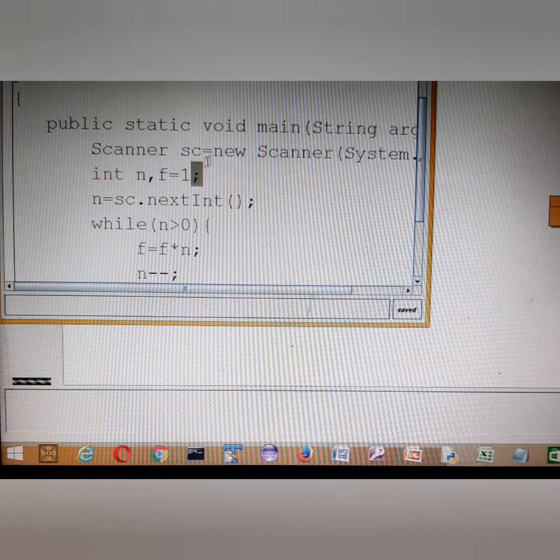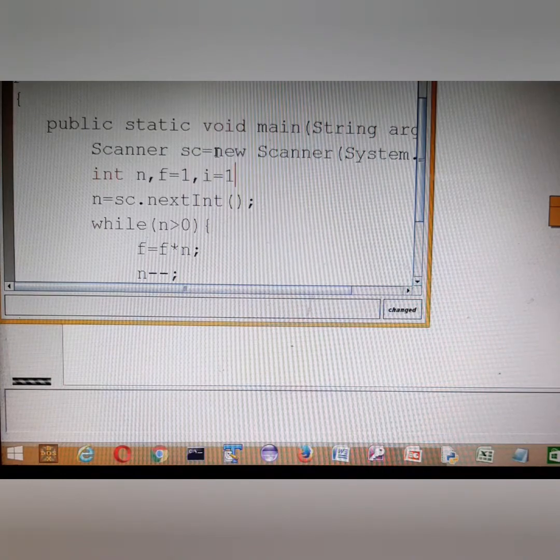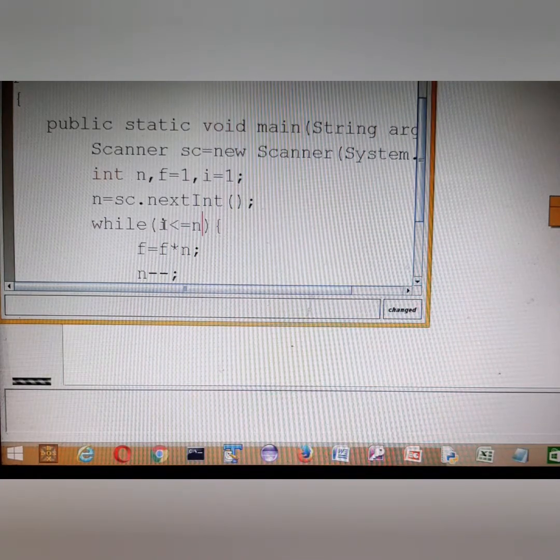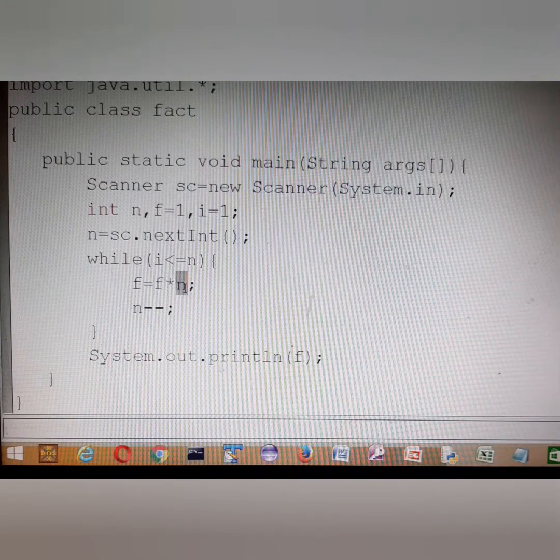So we will be declaring here a variable i equal to 1, and our loop will be just the opposite of it, i less than or equal to n. i was 1 and it has to reach up till the value of n. So we will be writing f is equal to f into i and i plus plus.